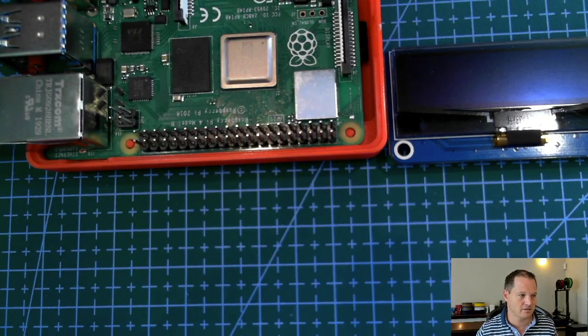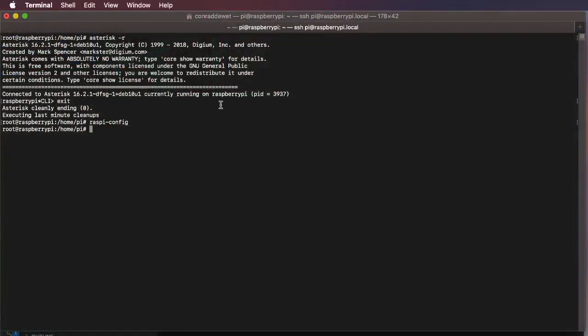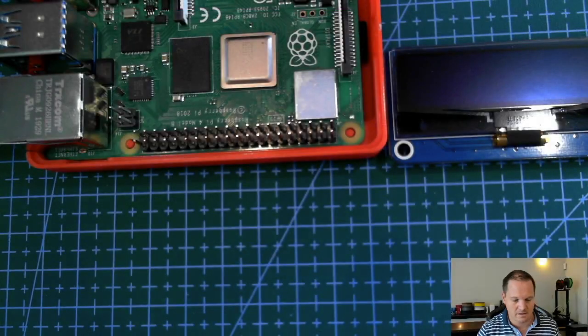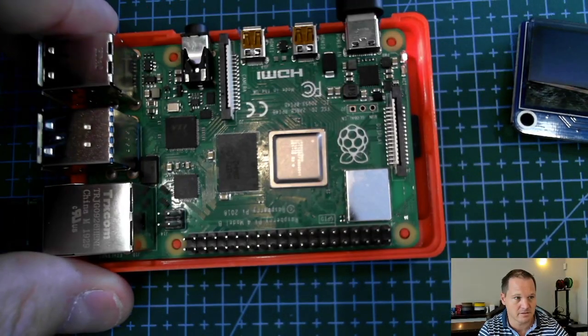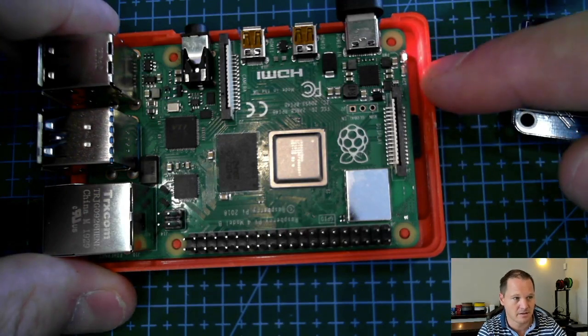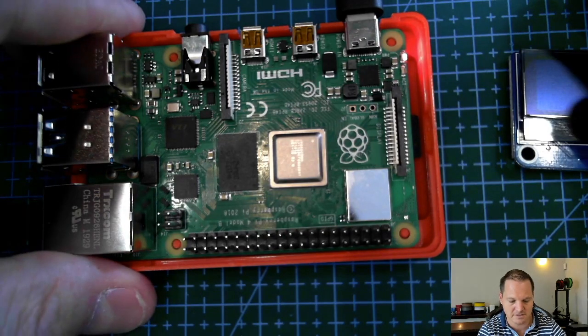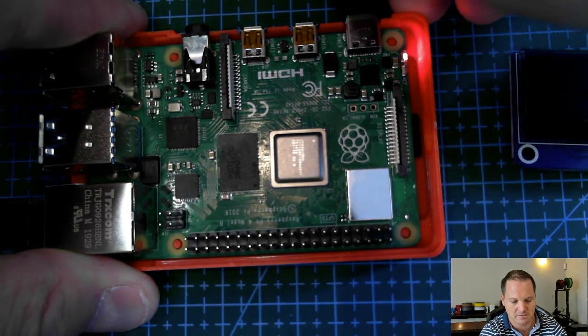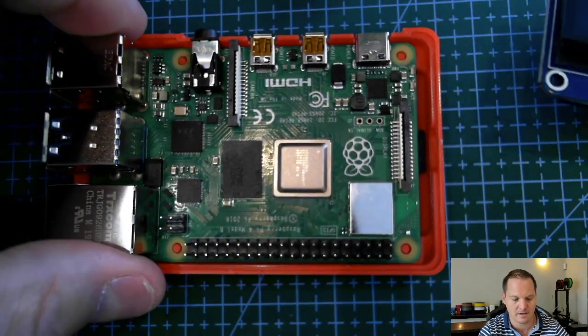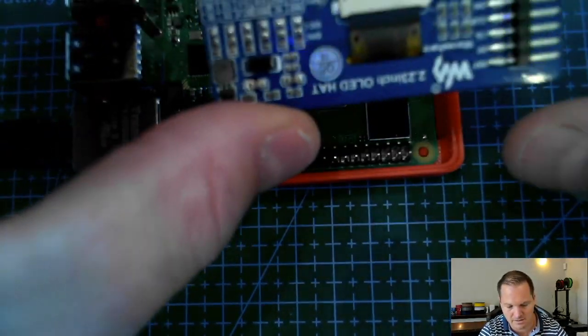So I'm going to go back to my screen. I'm still on root, and I'm just going to say halt. Right, that closes the connection and shuts down my Raspberry Pi. You'll see that the light is still on, but the green light or the disk activity is not flashing at all. So I'm going to pull out the power. I'm then going to take this, and you'll see,